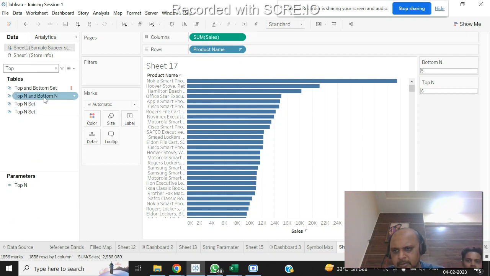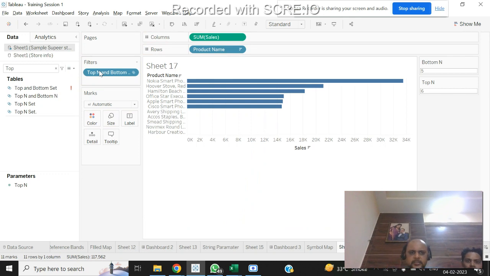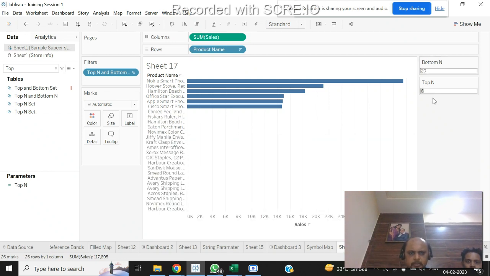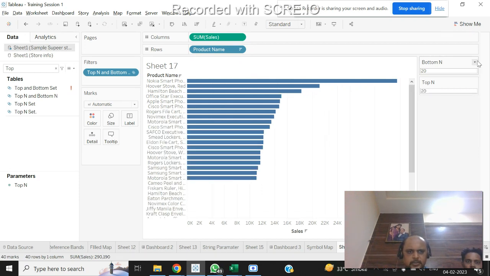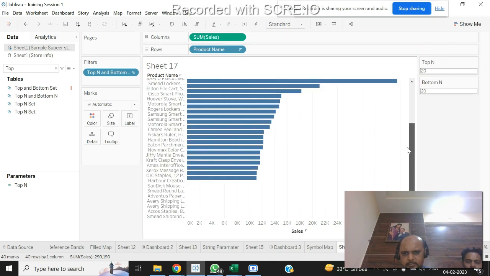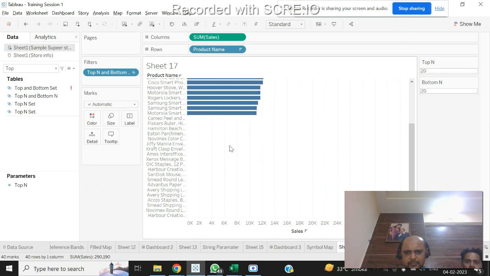This is the combined set, where I have combined these two sets into one, and now if I put this into the filter, see it is filtering on the condition. Let's say here if I put 20, and here also. See, now because the data, I mean, there is nothing in the bottom, it is not giving the data,